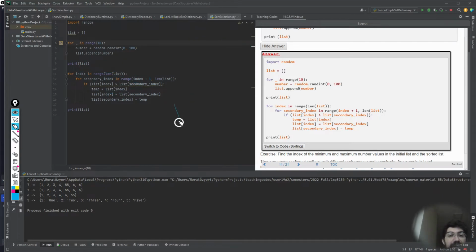We assign temp to be list of 0, and we are going to overwrite the value in list 0 with the value from list 0 plus 1, which is 1. So this is the secondary index, and we repeat this process